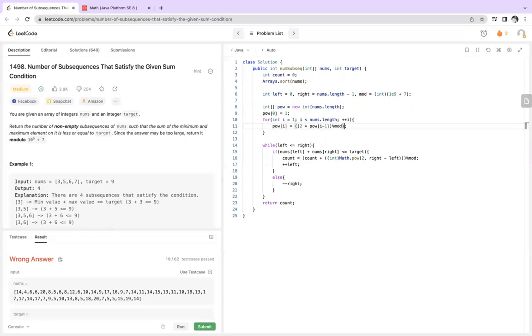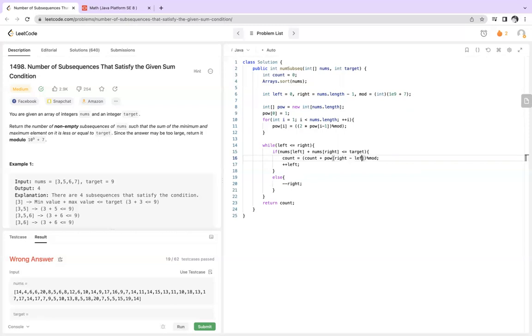After having done this, we can get rid of this int power, because we are sure that we are getting the power of